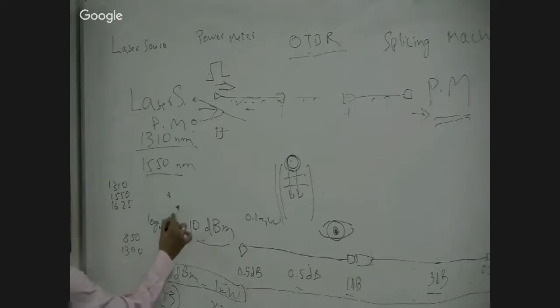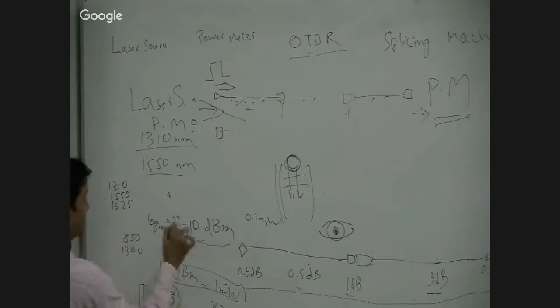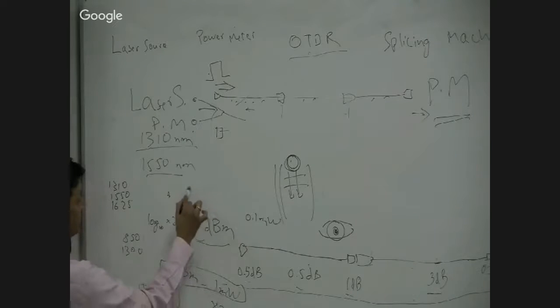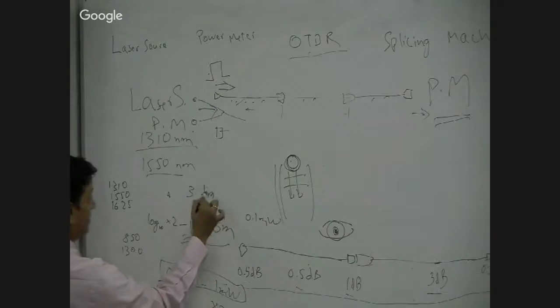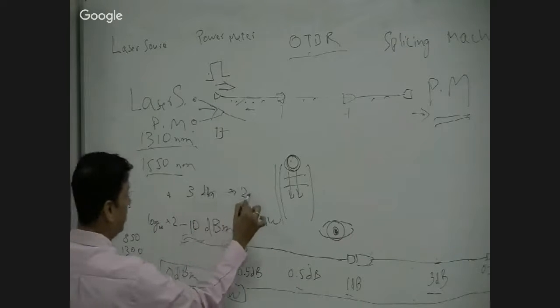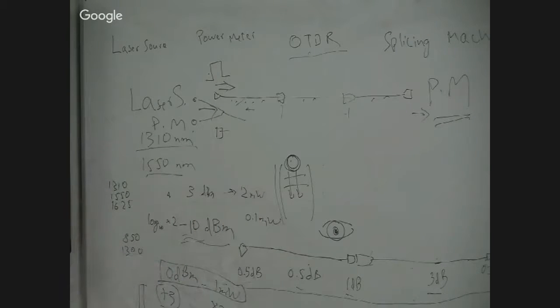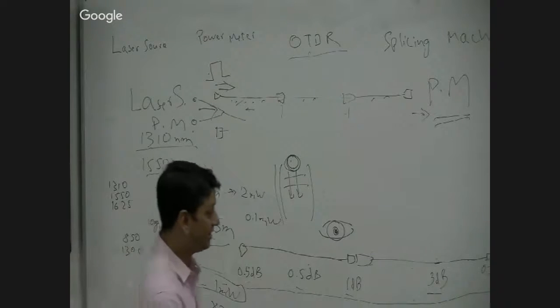So for example, 3 dBm. 0 dBm is 1 milliwatt, so my 3 dBm will be 2 milliwatt. Multiply by 2. Right? So now, my question is,